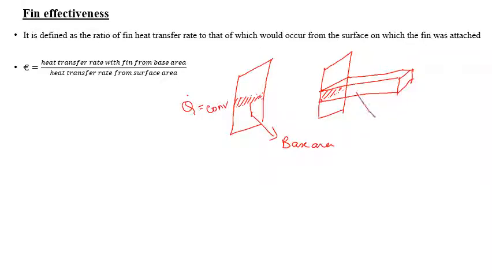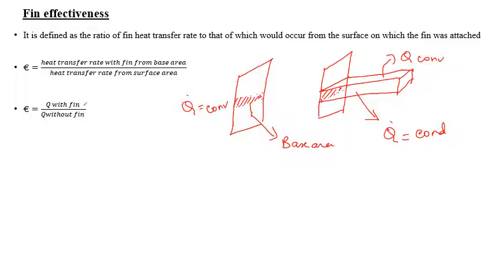Since it has been attached to a solid body, and we know that heat transfer takes place from the solid body by conduction and is surrounded by the liquid, now it is a convection, means it's a combination. Otherwise the heat transfer from here to the surroundings might have taken place only by convection. In the second case it is convection and conduction. So the heat transfer can be given as Q with fin and Q without fin.